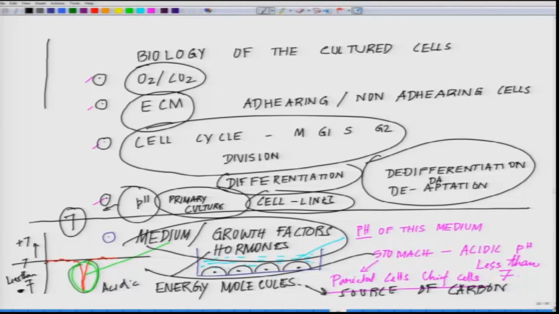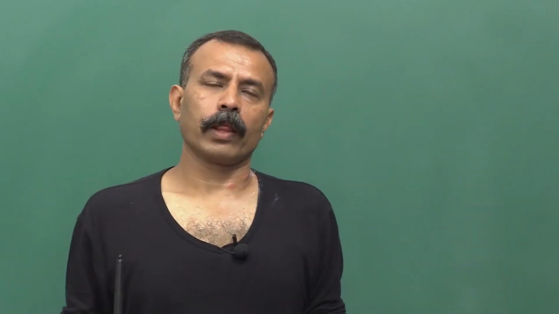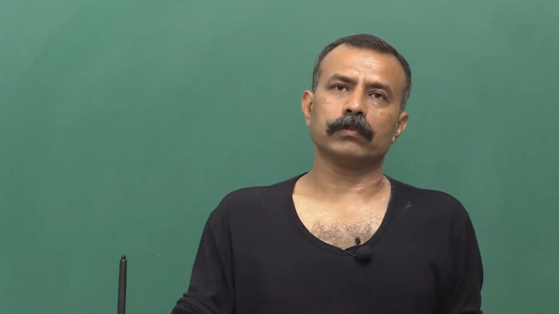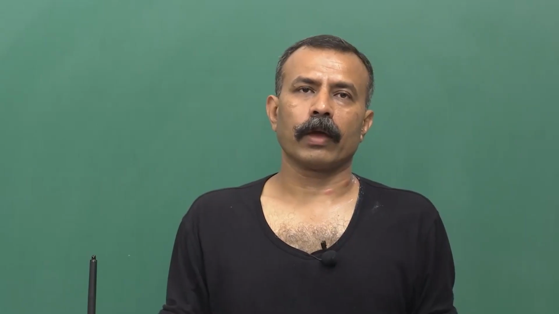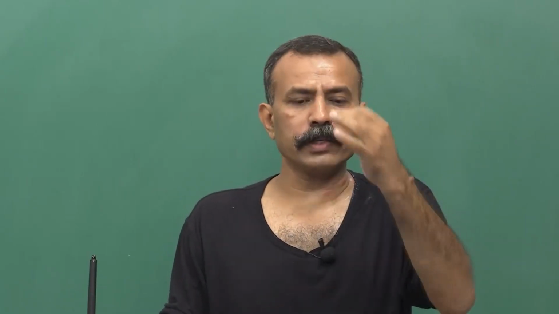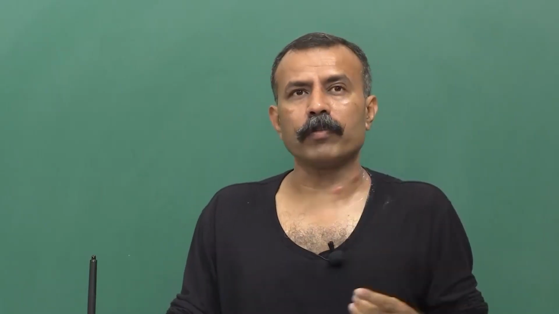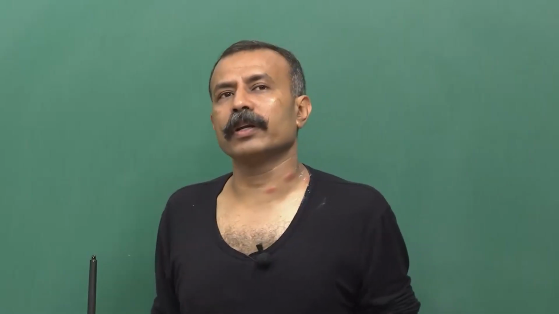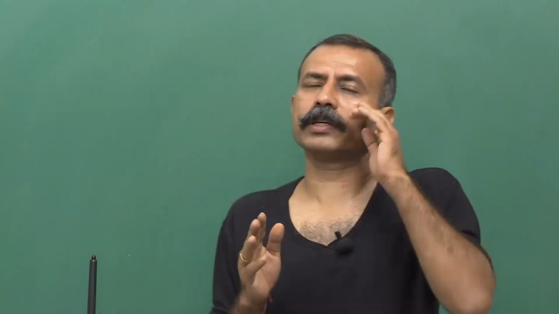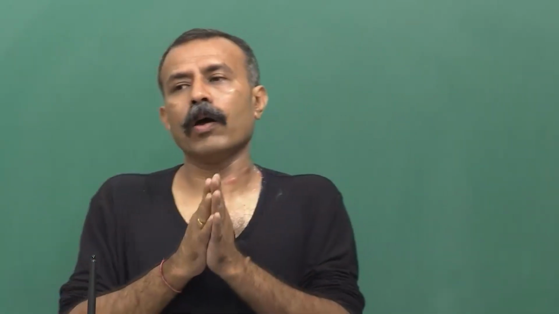So, these are the very basic fundamentals one has to keep in mind while one is planning to do cell culture. And if you have the basic knowledge of physiology, then these things should come very handy. Okay, fine, what all my body needs, that is the same condition or close to the same condition I will have to provide. Now, if you remember,